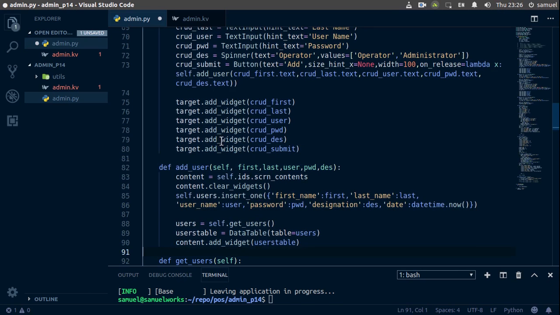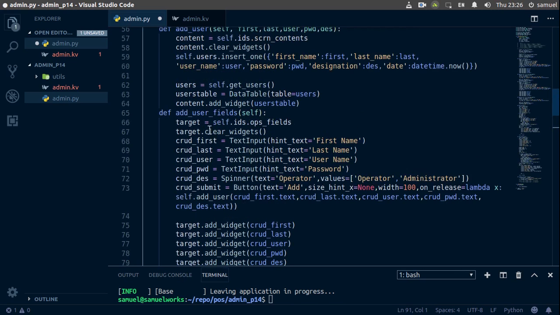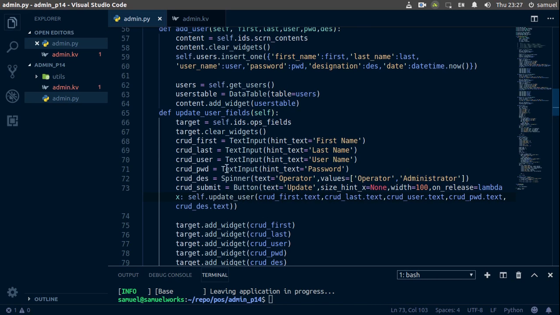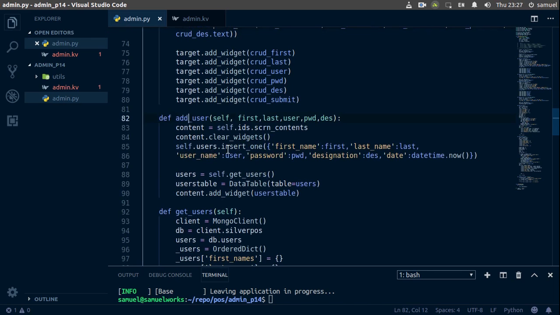All right, so now we have these two files. Let's change this, of course, from adding user to update, and change our button from add to update, and of course our lambda function here, we want to change it to update. Control S to save this. Now here we want to change this again to update,